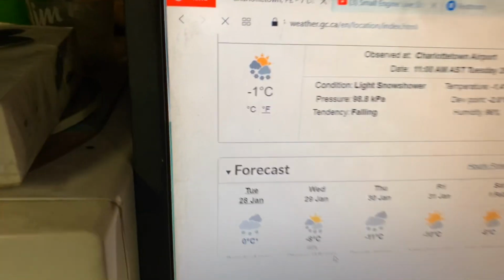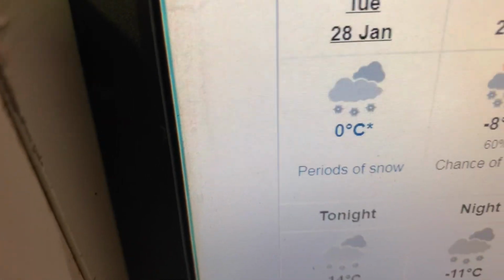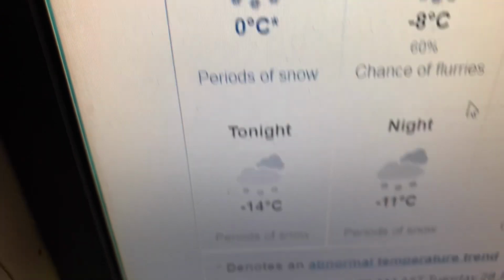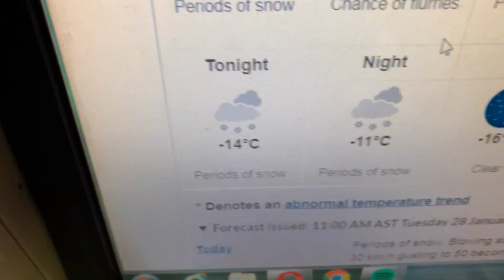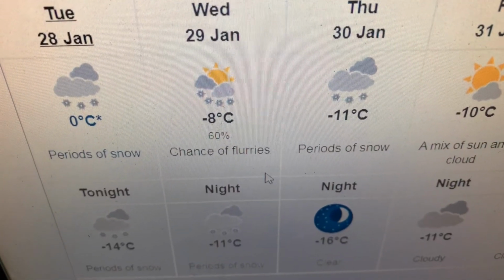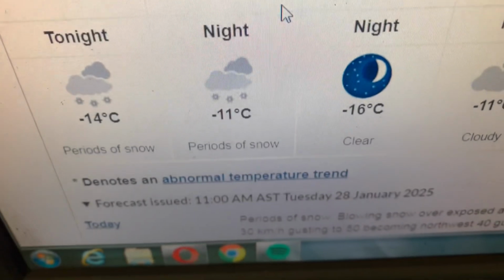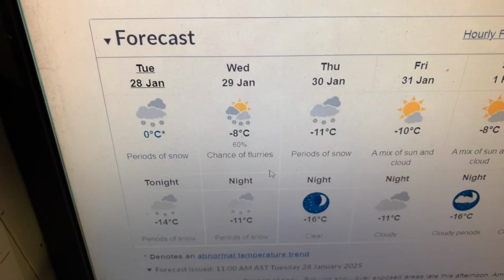Oh, I guess it's -1 today. Now look at that. They're saying it's supposed to get to 0. Well, they're saying periods of snow, but it's only 3 snowflakes, so periods of snow and 3 snowflakes. Chance of flurries and 4 snowflakes. I don't know how they figured that out. Anyway. Okay, so yeah, 0 today,